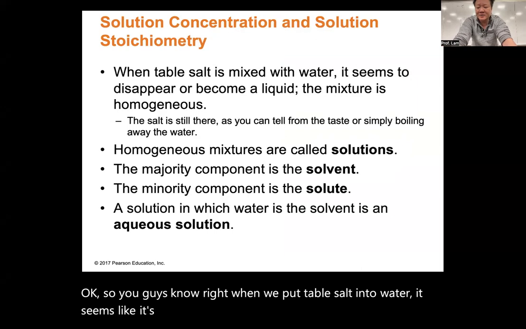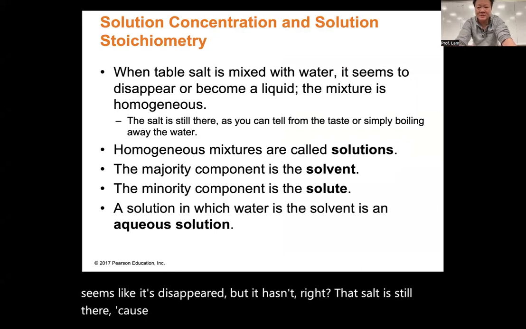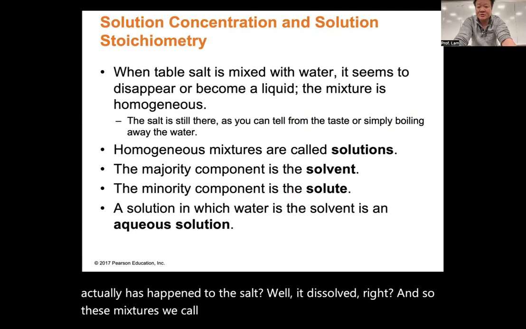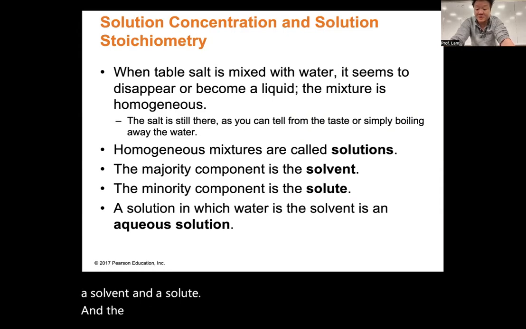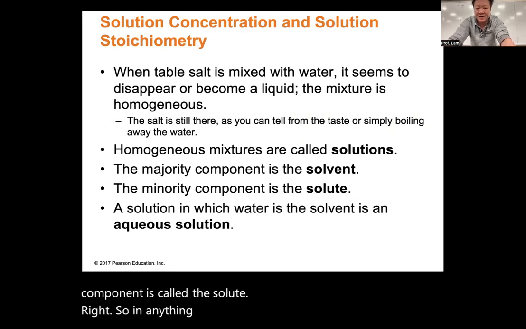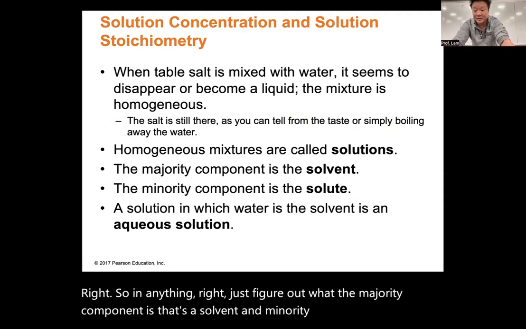but it hasn't, right? You know that salt is still there because when you taste the water, it tastes salty. So what actually has happened to the salt? Well, it dissolved, right? And so these mixtures, we call those solutions. So a solution is a mixture between a solvent and a solute. And the majority component is called a solvent. The minority component is called a solute, right? So, in anything, right? Just figure out what the majority component is, that's a solvent, and minority component, the solute, right? So, for example,